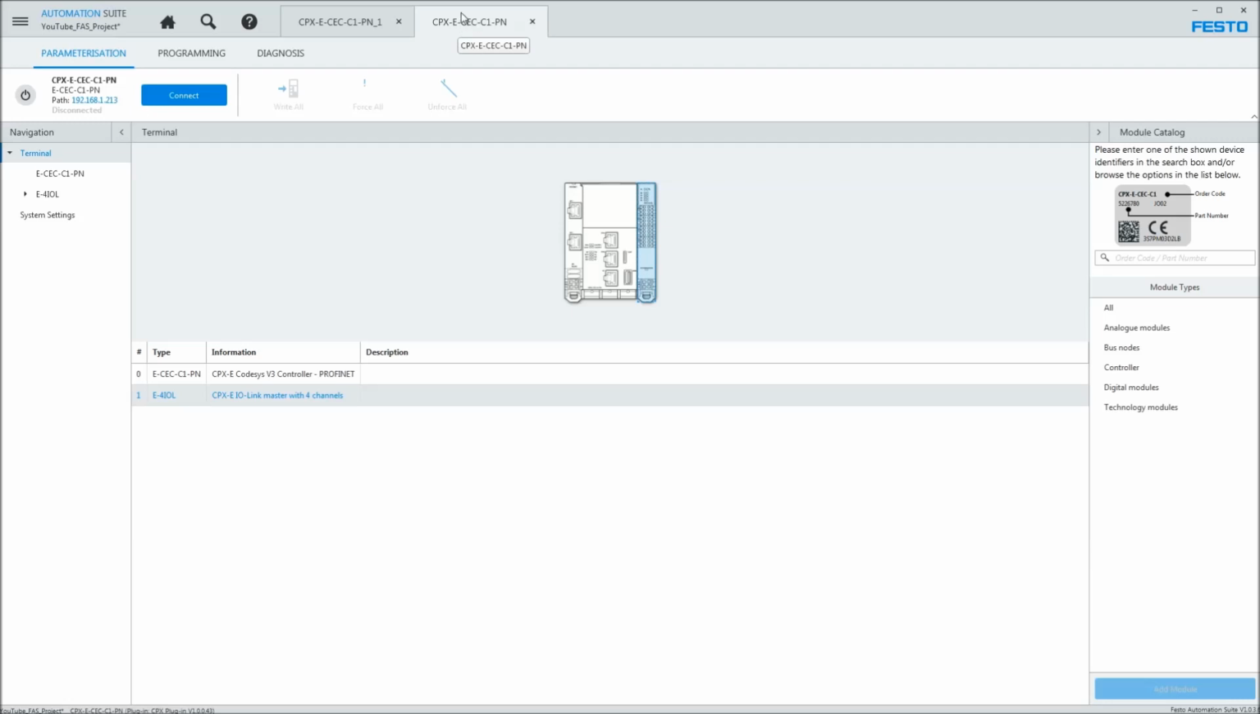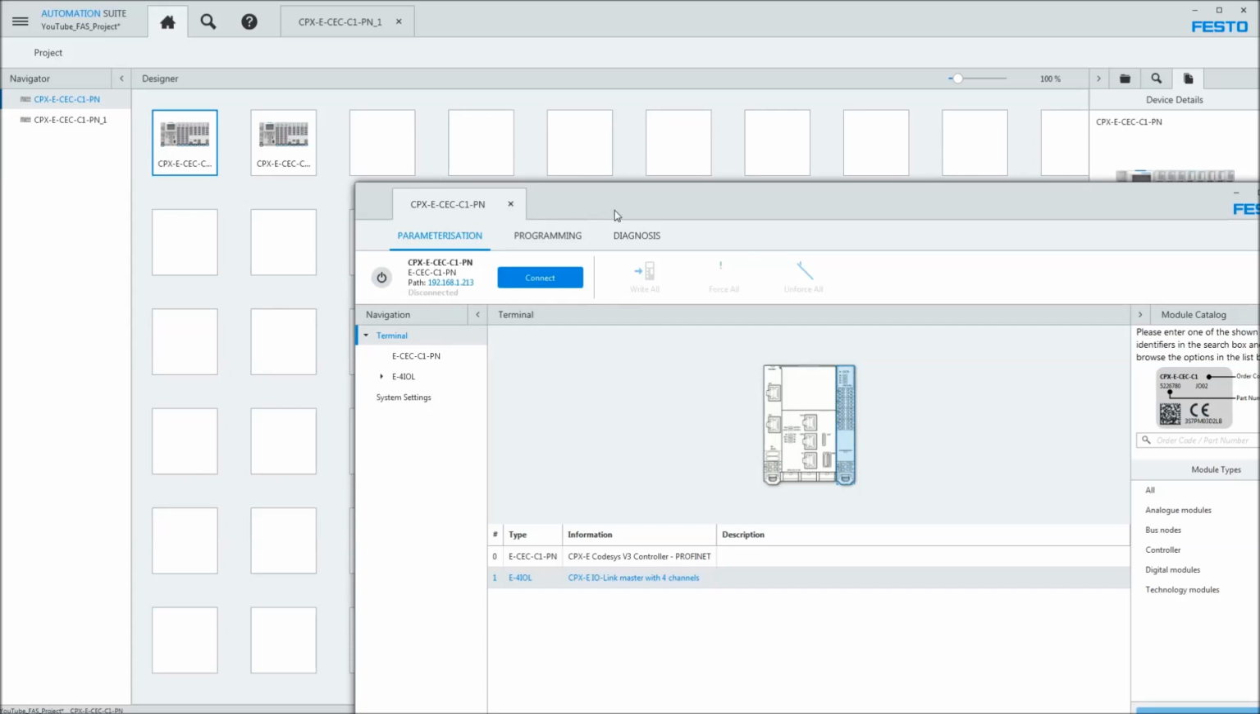Another thing to note is that if I click up here where my mouse is and I drag, you can basically